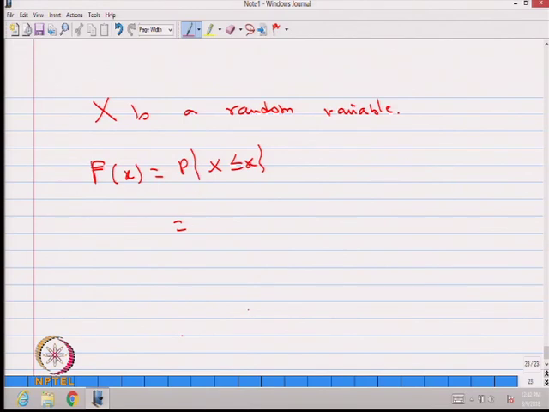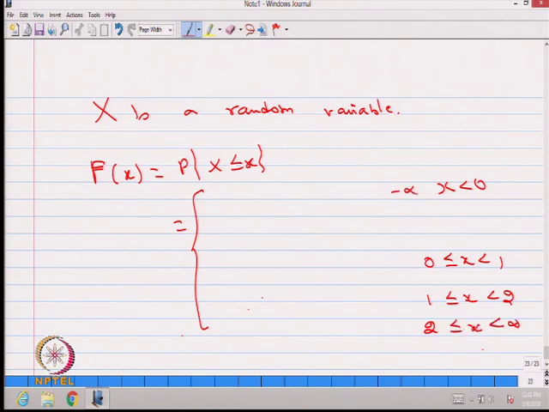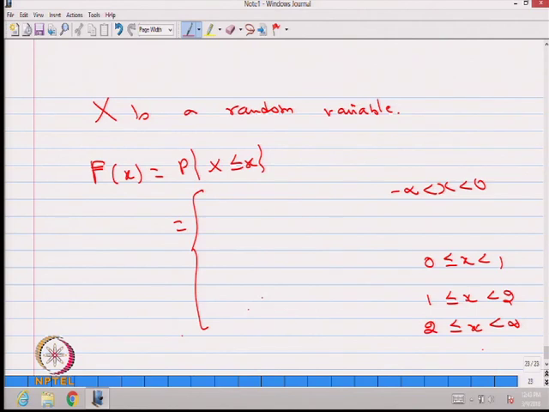we are going to define F of x as a value when x is less than 0, then 0 to 1, then 1 to 2, then 2 to infinity. So, this is minus infinity to 0. So, what is the value when x lies between minus infinity to 0 excluding 0? When x lies between 0 to 1, then x lies between 1 to 2, then 2 to infinity.